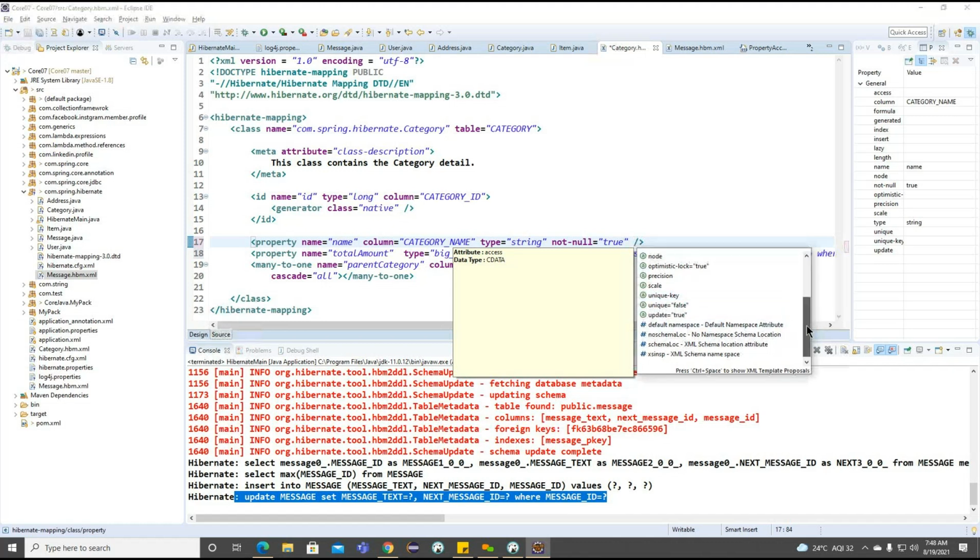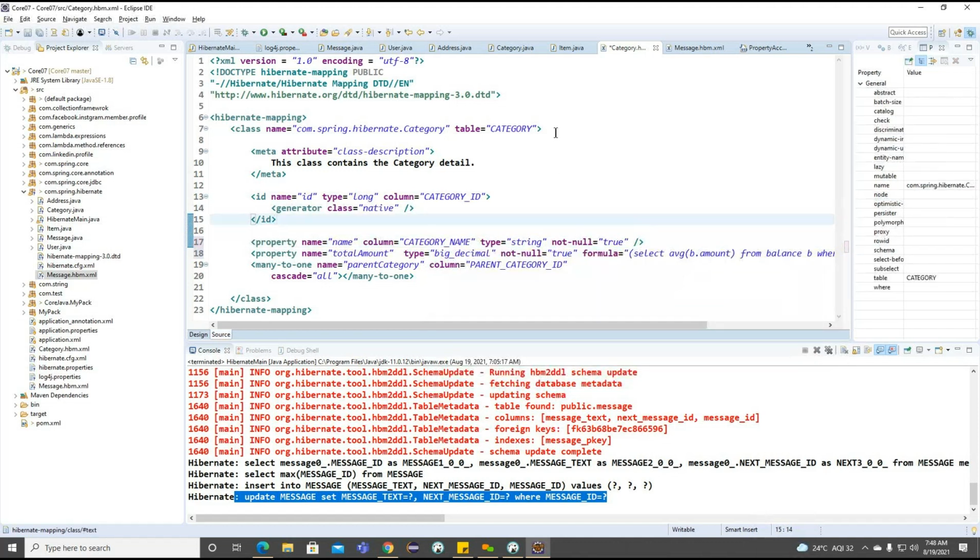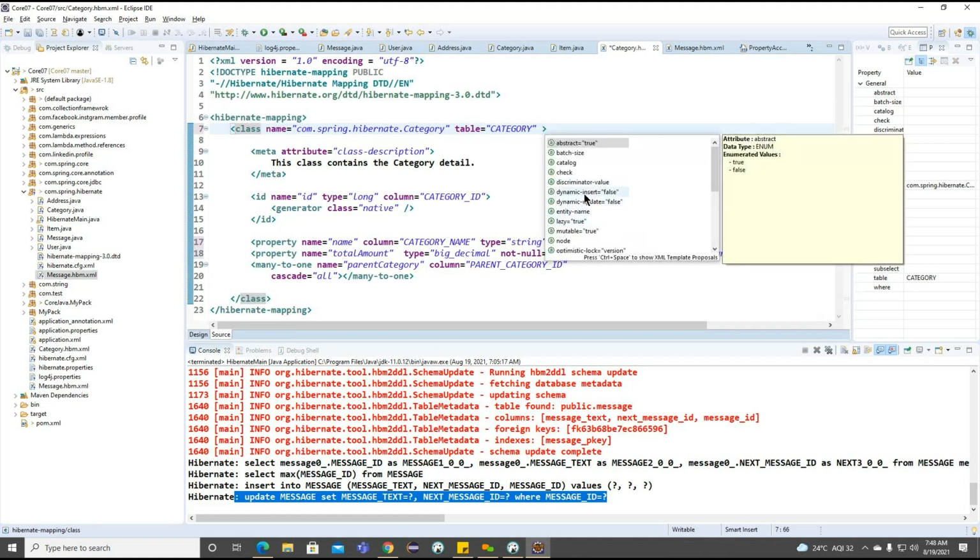And one more we are having here, dynamic insert here. Where is the dynamic insert? Okay, so this dynamic insert will be available on top of the class level. Now you can see dynamic insert, by default we are having false here. So insert and update we are having false here. So whenever we want to, based on the unmodified condition, if we want to insert any data here, we can go for the dynamic insert true and dynamic insert false here.